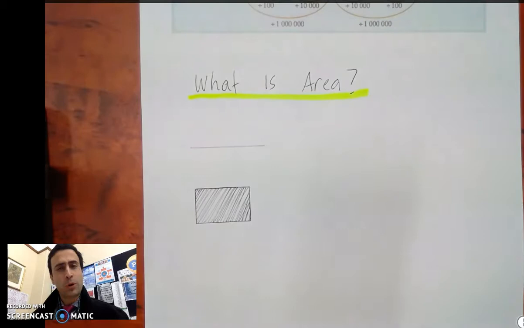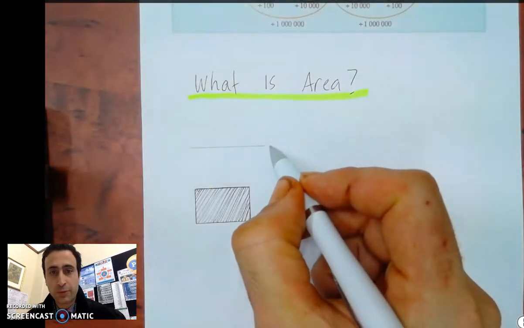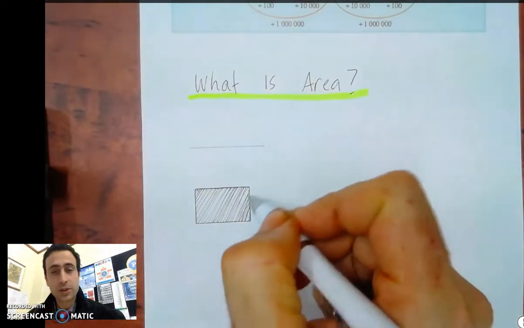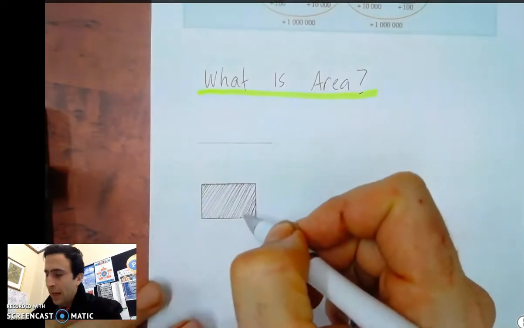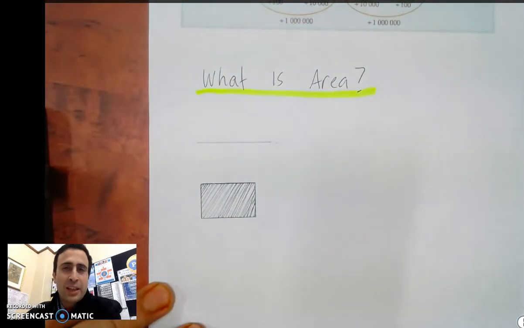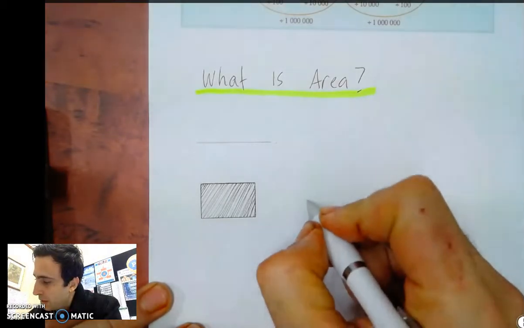Now, what I've got here is two things. One, a line, which you should be very familiar with. And two, a rectangular box that I've coloured in. Now, most of us, when we measure area, we don't really understand. If I say, for example, that this box is 10 centimetres squared,